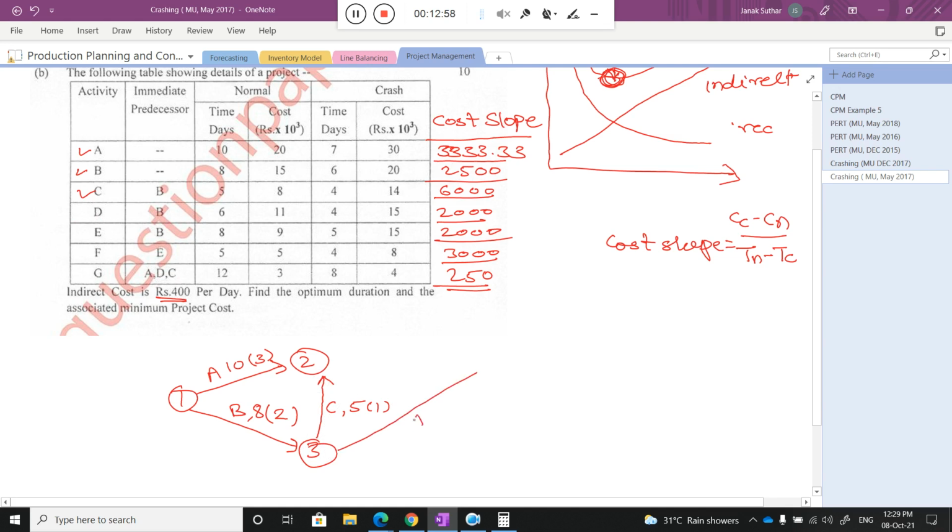This is the D, and why I draw it like that you will understand after completing all of D, and here the time duration is 6. Okay, and how much reduction is there? 2. Okay, so now this part is done, and this is the activity D. Some issues there, just wait, class, wait 1 minute.